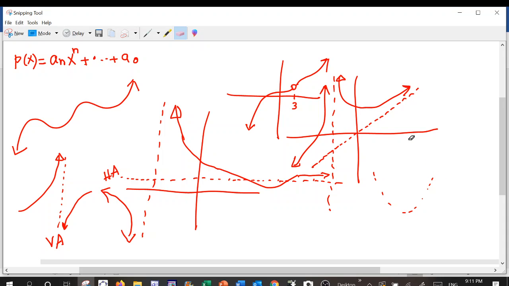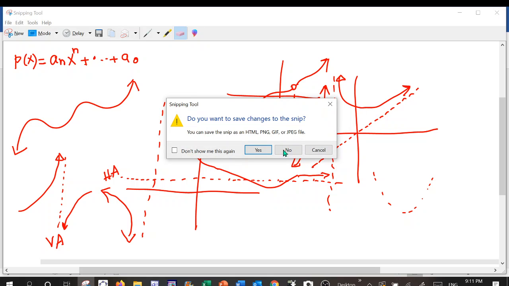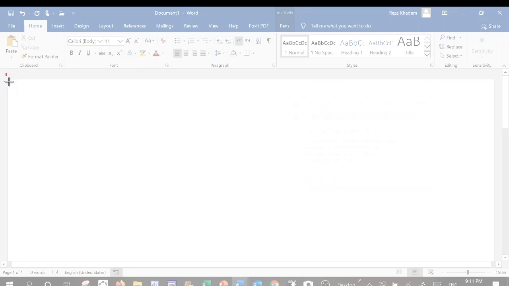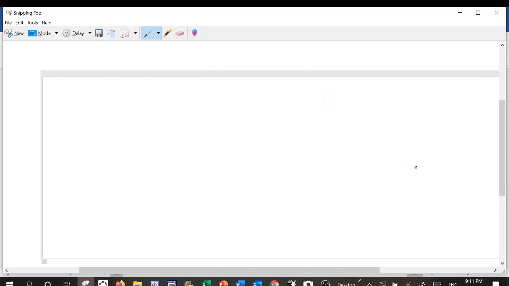So how do we get all these? So what I'm going to do, I'm going to do this so I don't have to erase all that. Now let's talk about when we get weird graphs like that. We get graphs like that if we are dividing two polynomials. So p of x divided by q of x. Remember, p of x is a polynomial, so we're going to write it like a sub n x to the n plus dot dot dot plus a sub 0,